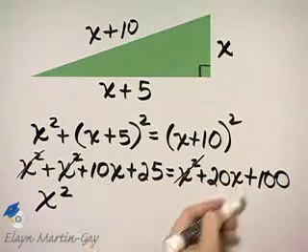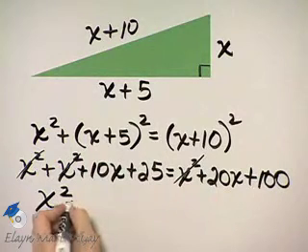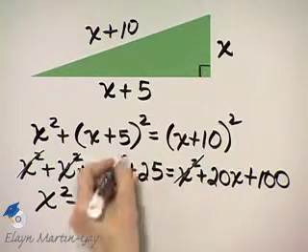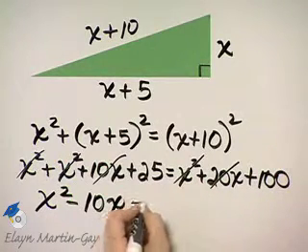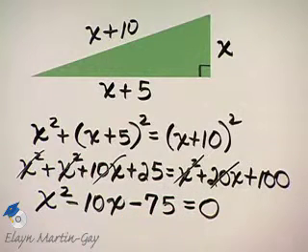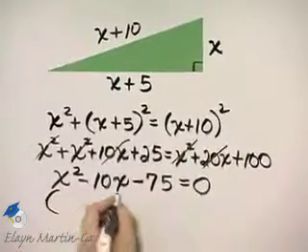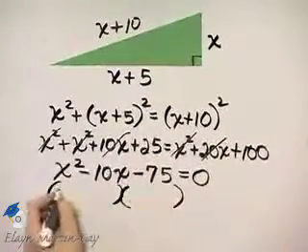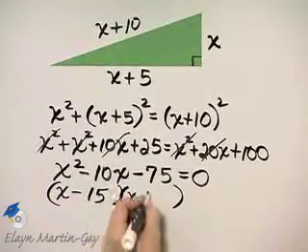I have 10x minus 20x. I'm subtracting 20x from both sides, so that's minus 10x. And then I have 25 minus 100, that's negative 75 is equal to 0. I was trying to get 0 on one side, and now let's see if we can get a factored polynomial on this left side. If you work with this and factor it, you'll factor it as x minus 15 times